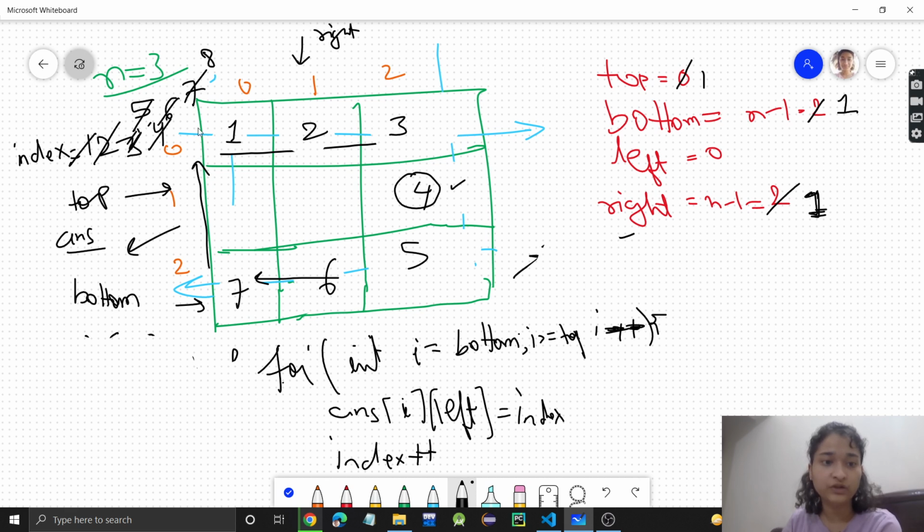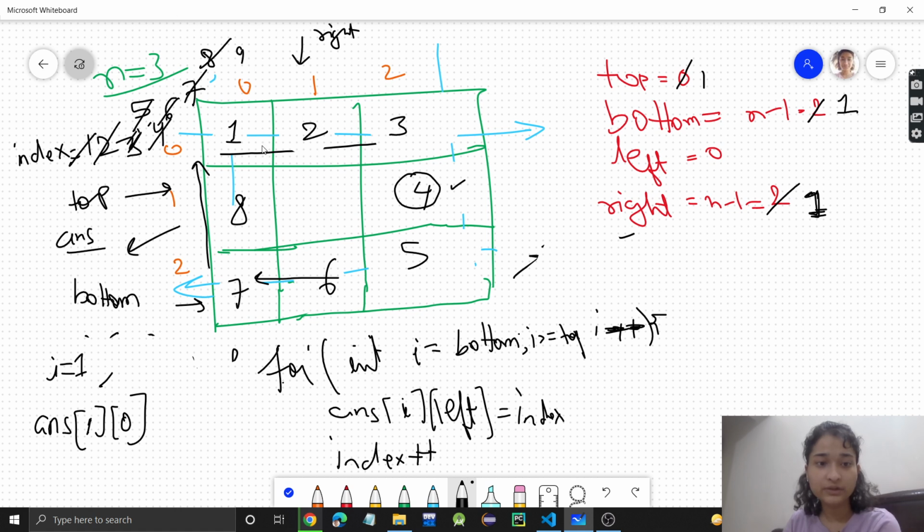We are going upwards. So here I will start from bottom, which is 1, and it will go till top. So top is what? Top is also 1. So only one iteration will be there. Answer of 1 comma left. What is left? 0. So 1 comma 0, that is here 8 will be stored, and it will increment index plus plus.